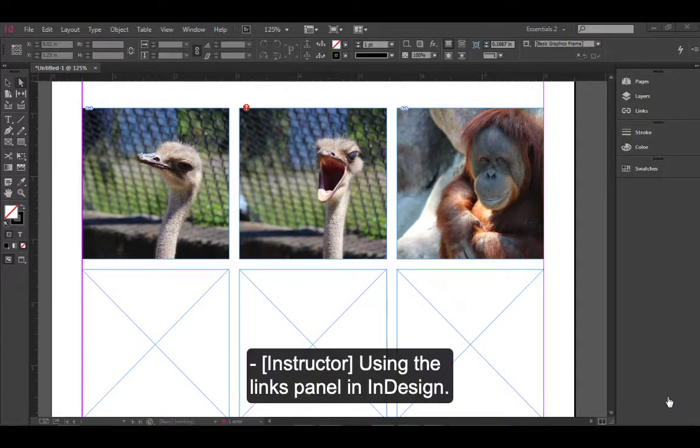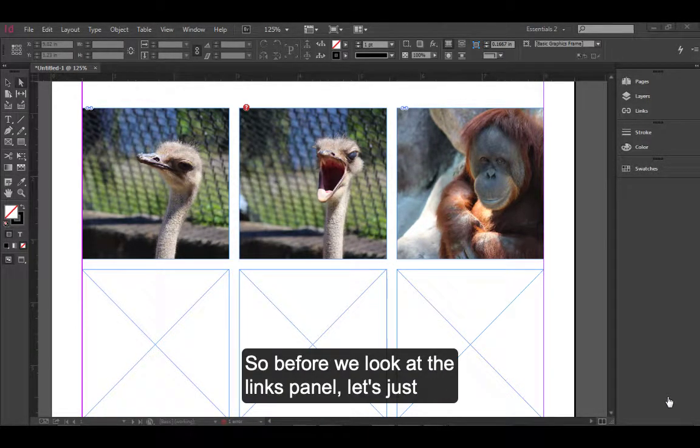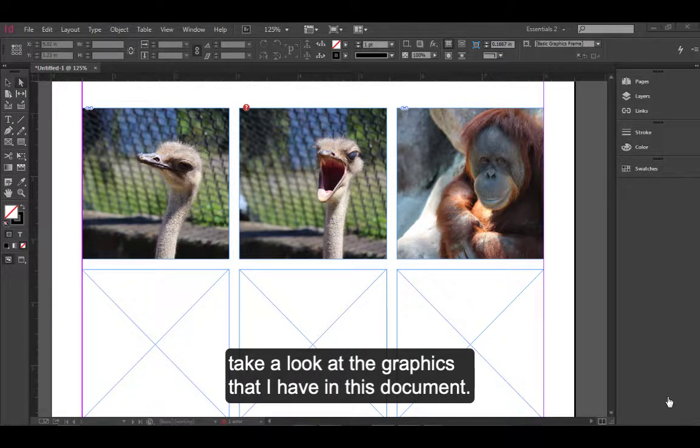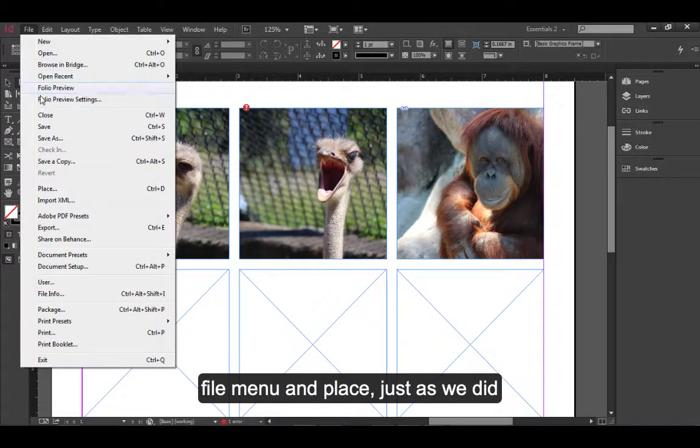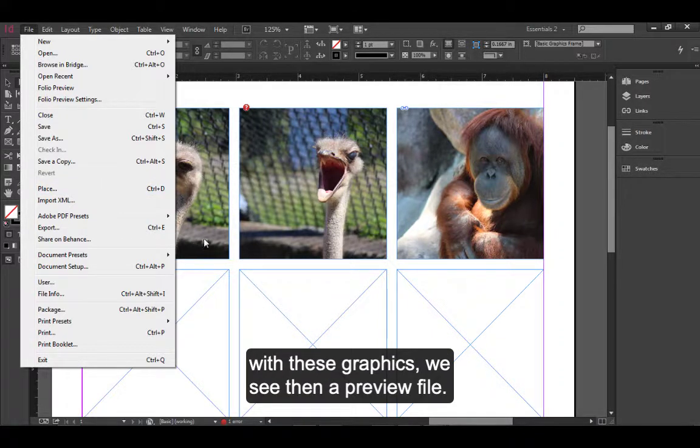Using the links panel in InDesign. So before we look at the links panel, let's just take a look at the graphics that I have in this document. When we look at graphics in InDesign, we are looking at a preview file. So when we use the place command, file menu and place, just as we did with these graphics, we see